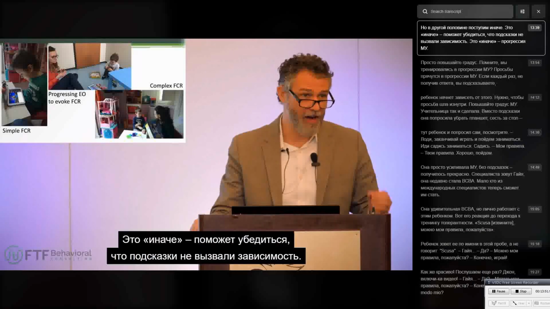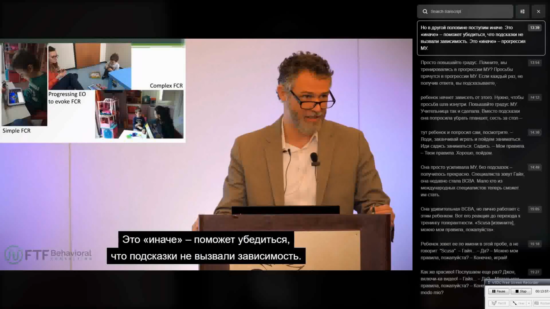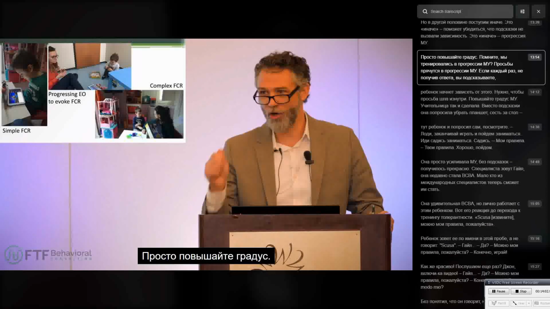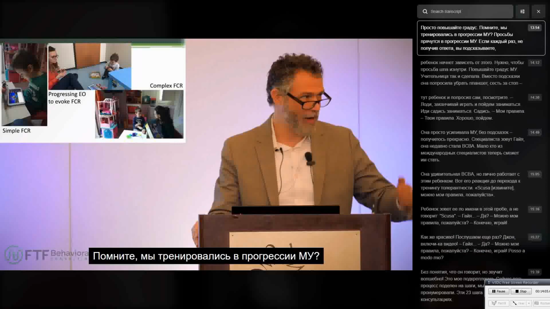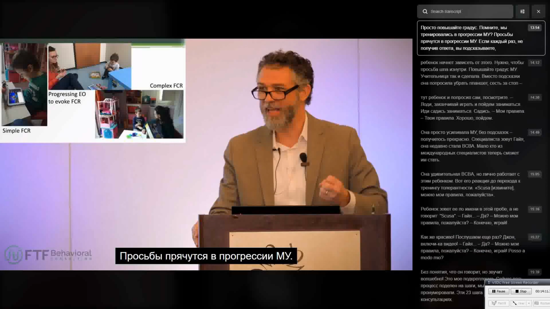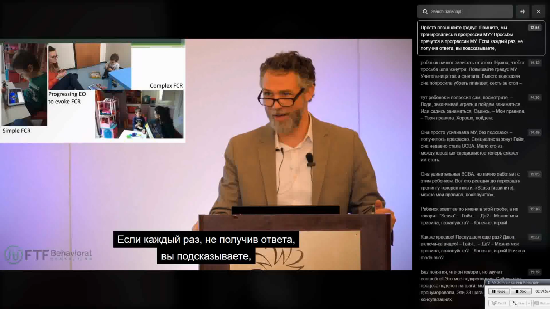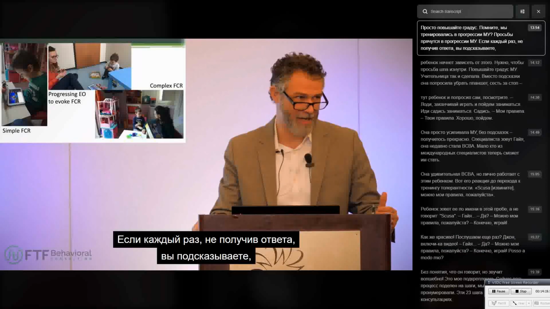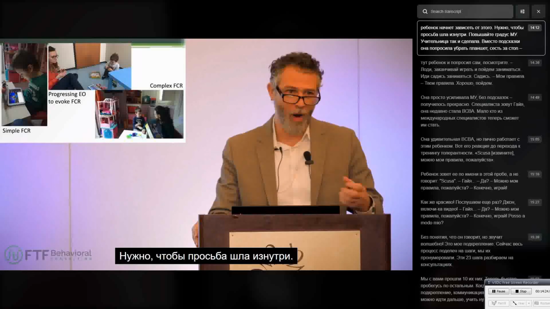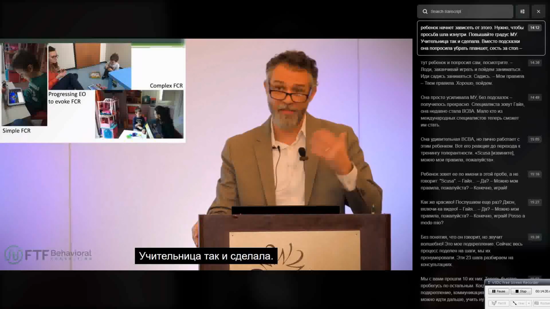And the alternative is very important to making sure children do not become prompt dependent in this process. And the solution is called progressing the EO. Just turn up the heat. Remember, we were practicing progressing the EO. That's where the man should live, in the progression of the EO. So if you prompt every time you don't get the response when you saw it last time, they're going to be stuck in a prompt-dependent relationship with you. But you want the response to be from the heart, if you will. So turn up the heat on the EO, and that's what this woman did.